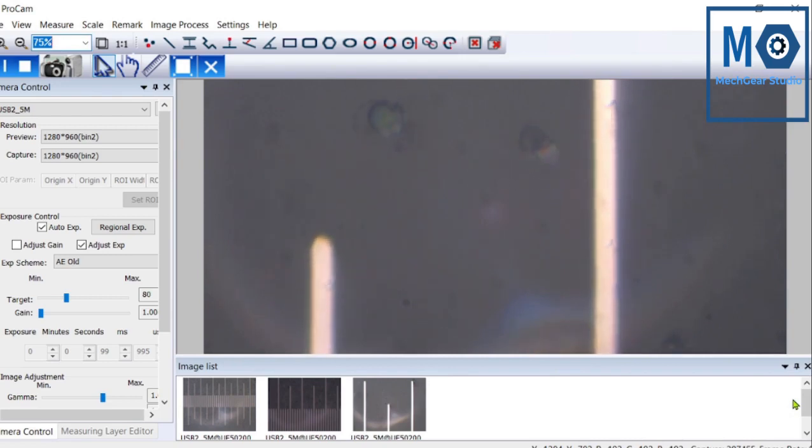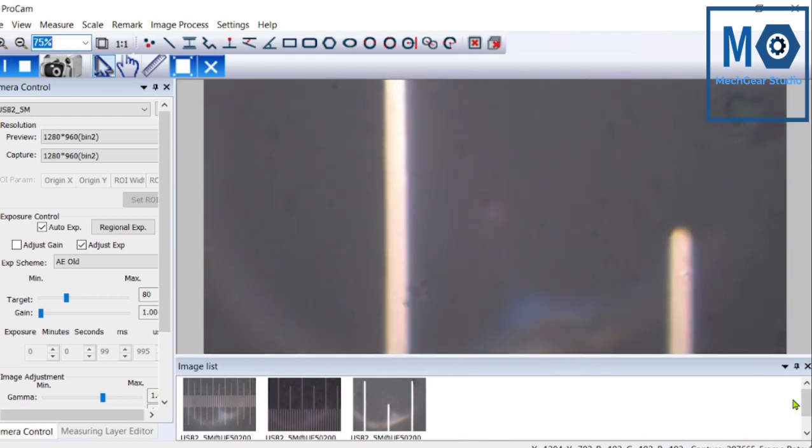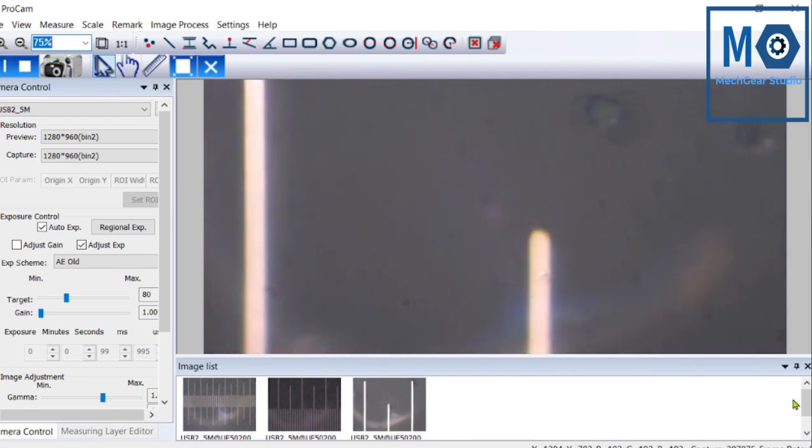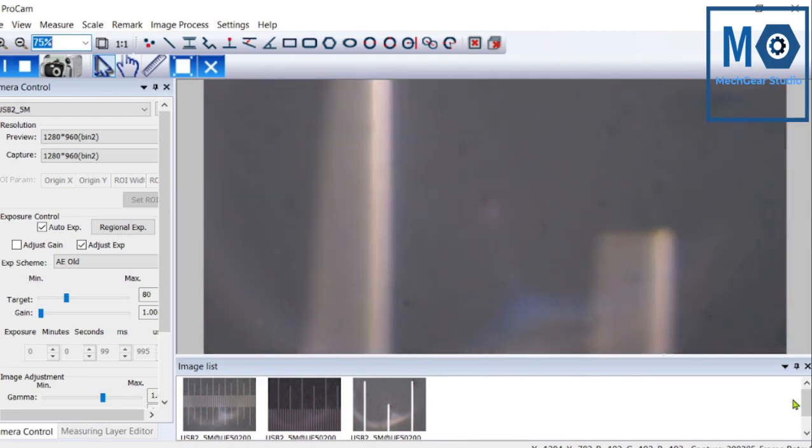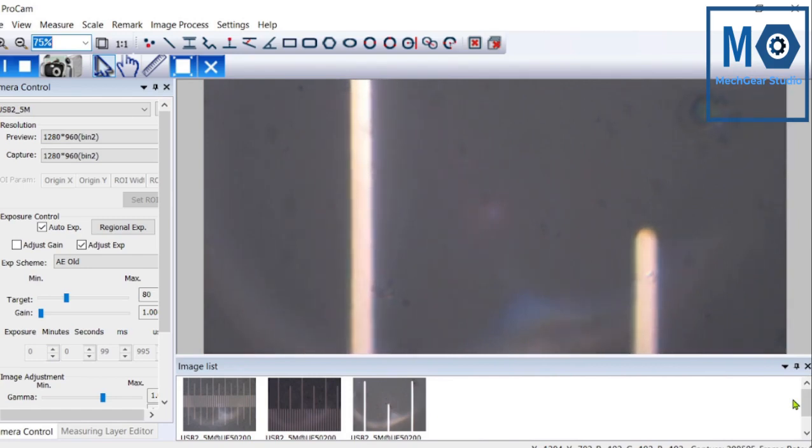You can see the two divisions are not parallel. It means it is half of the large division. But it is difficult to measure 100 micron, so we will measure 50 micron.